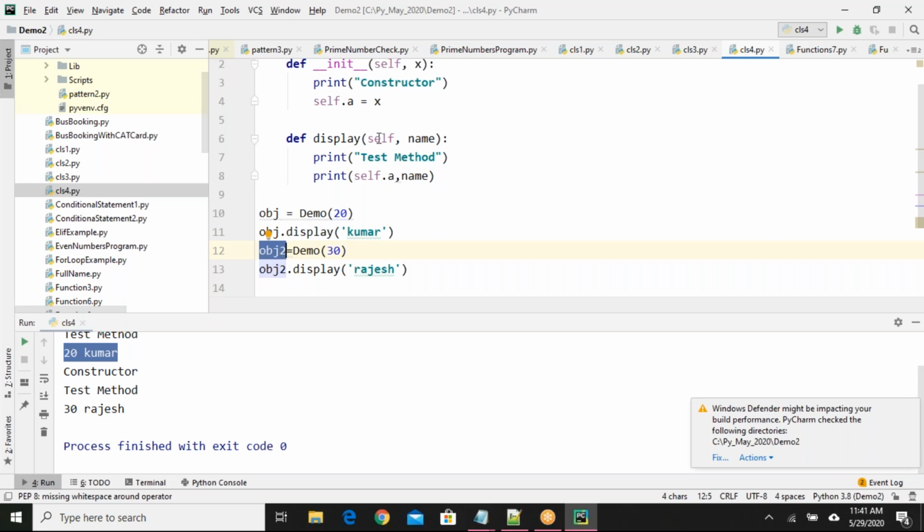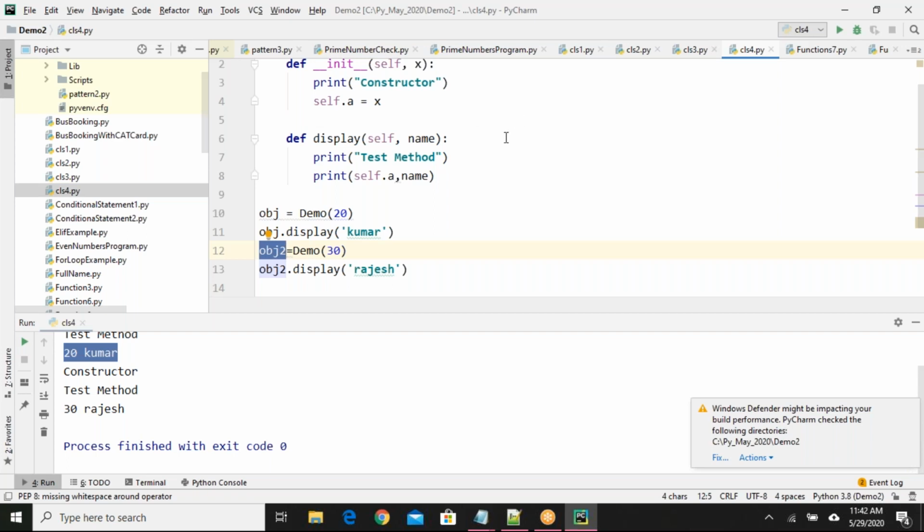Self is like a placeholder only. It does not have any fixed value. Whatever object you are using, that object will be referred to as self. That way you have to understand the current object, based on the current operation and execution, the current object will be known as self.